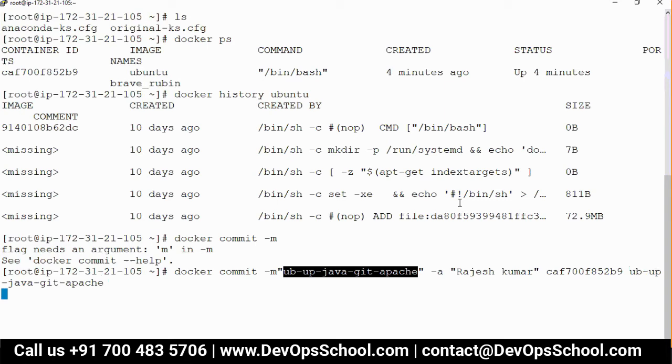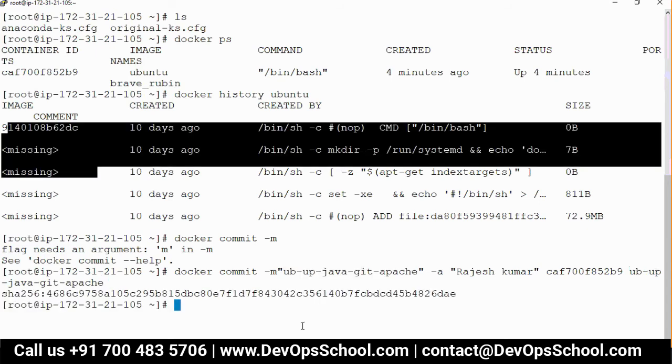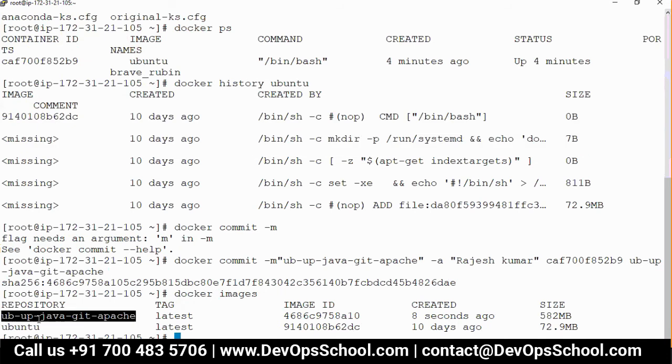That's all, and guys, you got the new image. You did nothing. You got the image right now. Let me show you here. So what has happened? In the Ubuntu image, this was the last layer, and whatever changes I made, all these installations, it got added. See here, this is an image. Size is 582 MB. The base was 72 MB. That means you have written almost 500 MB of files. You want to see that?